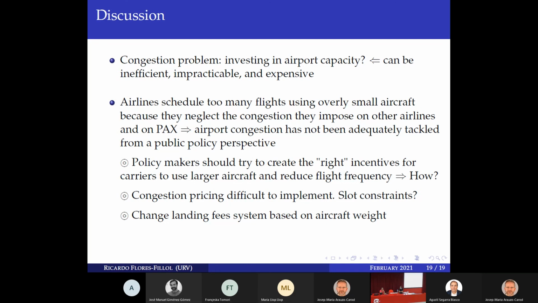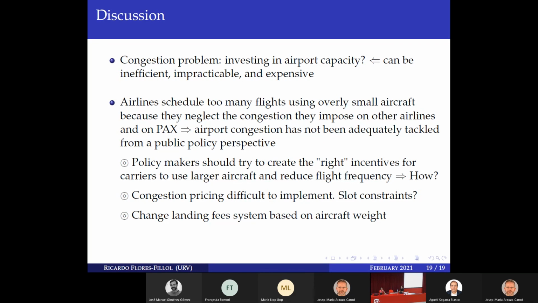You have an interesting debate between congestion tolls and low emission zones, and about which one of them is preferred, which one is more efficient. But perhaps the debate exists because we are not really aware whether we are targeting congestion or pollution. Yeah, that's another very good comment. Low emission zones are normally perceived as a better tool to mitigate pollution, and congestion tolls are typically perceived as a more focused measure for congestion. But both measures end up having effects on both externalities.